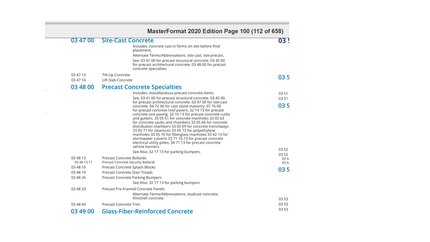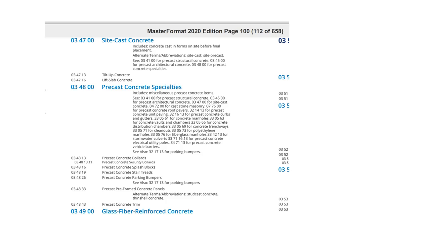You can see it's really tiny, but it says it includes miscellaneous precast concrete items. And then underneath that it says 03 41 00, precast structural concrete, 03 45 00, precast architectural concrete, and it goes on and on about where you can find each of these other different types of precast concrete. Then the very last one says see also